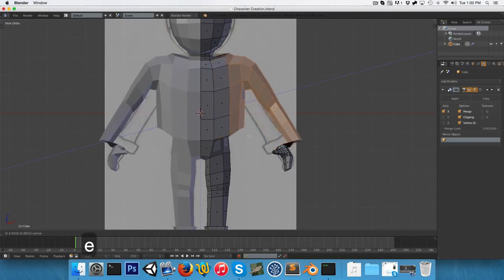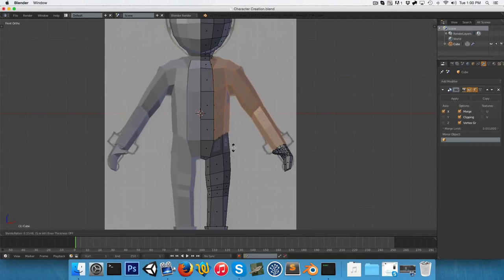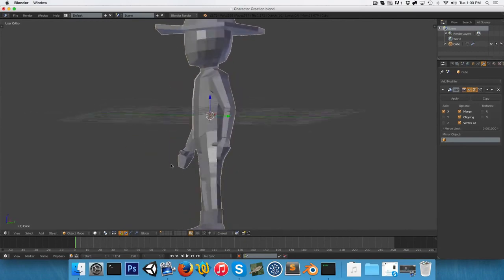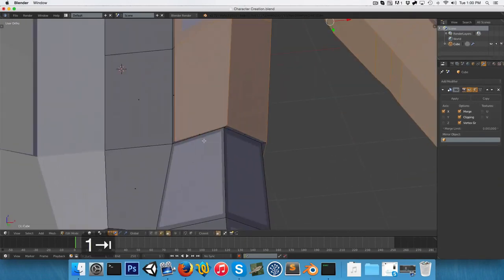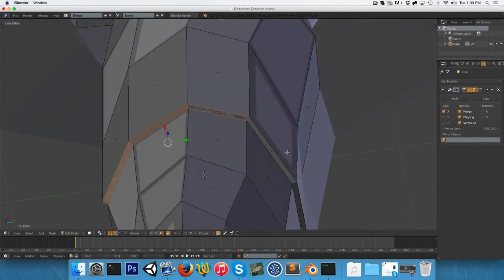So I'm going to press E to extrude and just right click and then press Alt S to scale it out a bit. Just sort of puff it up slightly. Yeah, that looks nice. And maybe we can also just go into face mode and select these faces all around